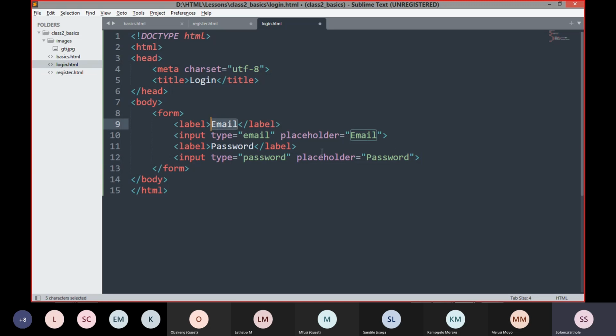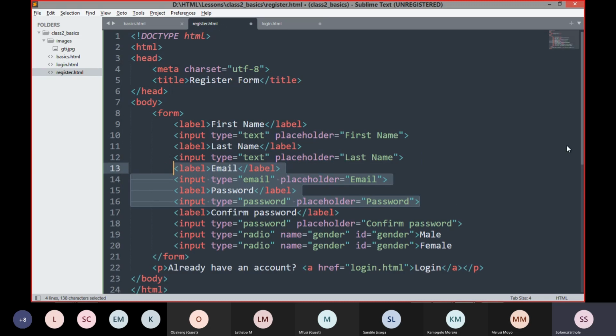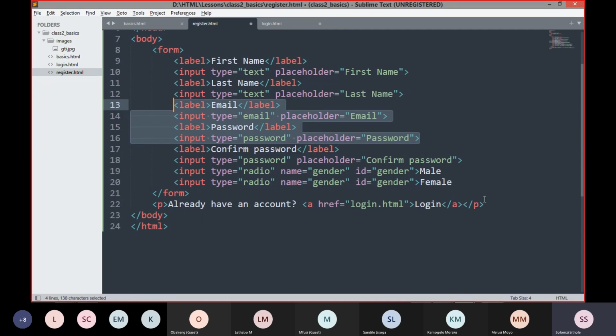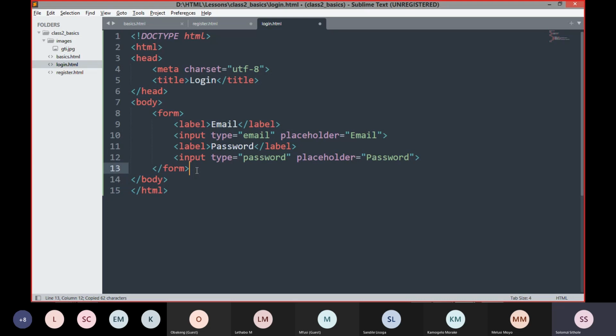Let's use email, and then your password there, right? And then the other thing that I need from this, I'm just going to copy this. Copy this line here. Bring that in here. And we're going to change this to don't have an account. It needs to go to the register.html and